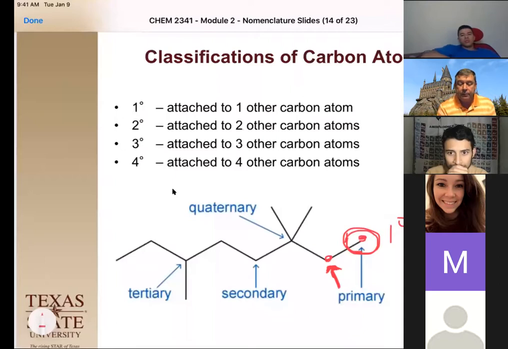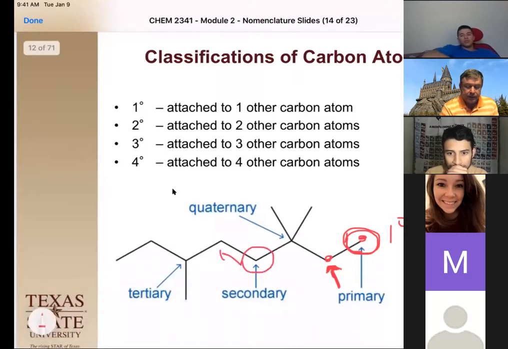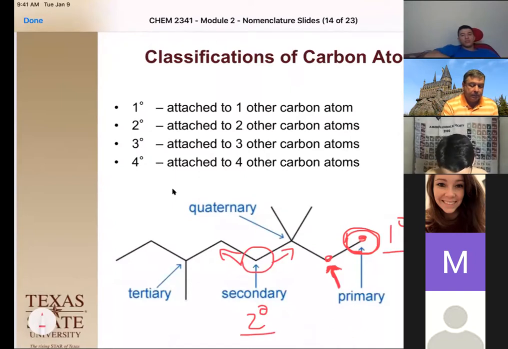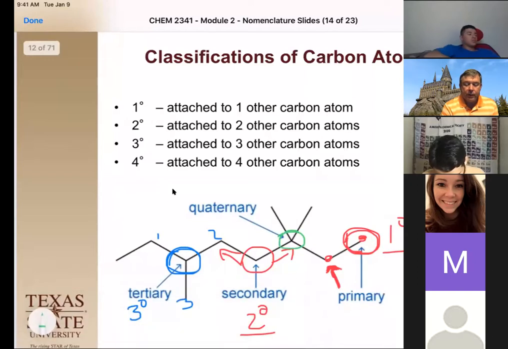Okay. Now, if we have 2 carbons bonded to something, like in this case right here, so we have 1 on that side and 1 on that side, that becomes a secondary. So that's pretty simple to understand. We have 1 carbon is primary, 2 carbons secondary. So that makes our 3rd carbon here, if we add 3 carbons, 1, 2, 3, that makes it tertiary. And this last example here is 4, okay? So knowing how many carbon substituents you have on there tells you the classification of carbons.